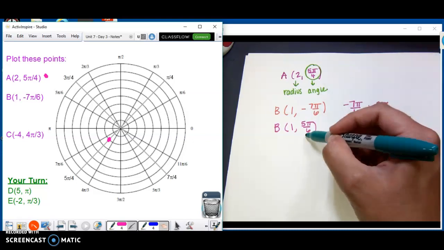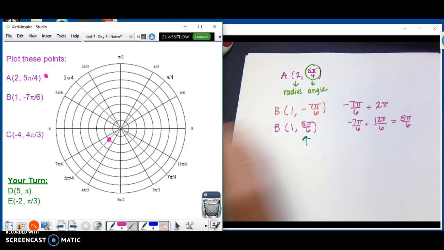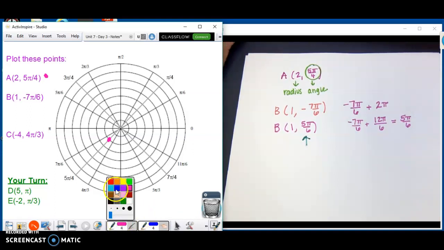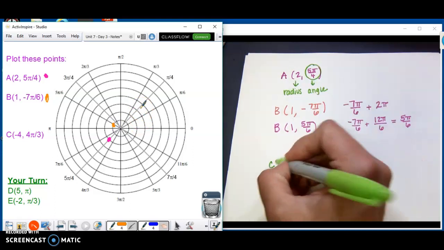So we're going to go to our angle part first. So we're going to find 5 pi over 6. Let me change colors. So we're going to do orange here. So we're going to find 5 pi over 6, which is here. And it says the radius is 1. So go from the pole and go to 1. And so this orange spot right here is where your point B would be. Okay, and then for point C,